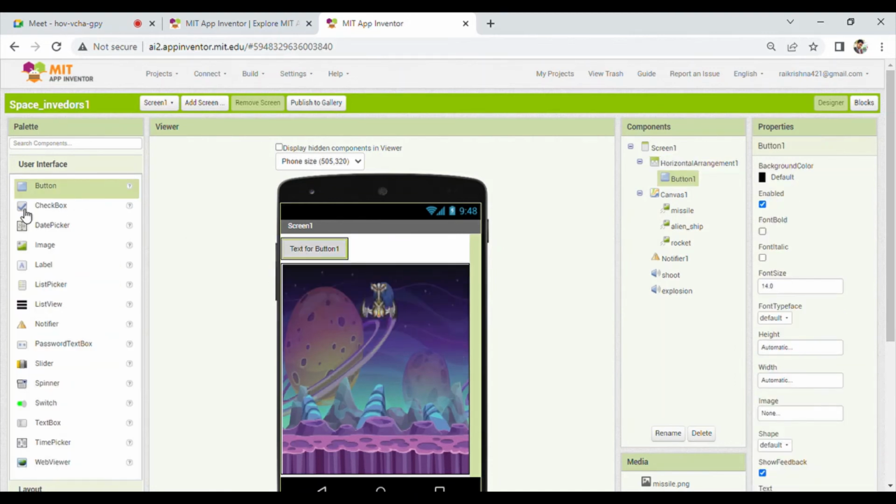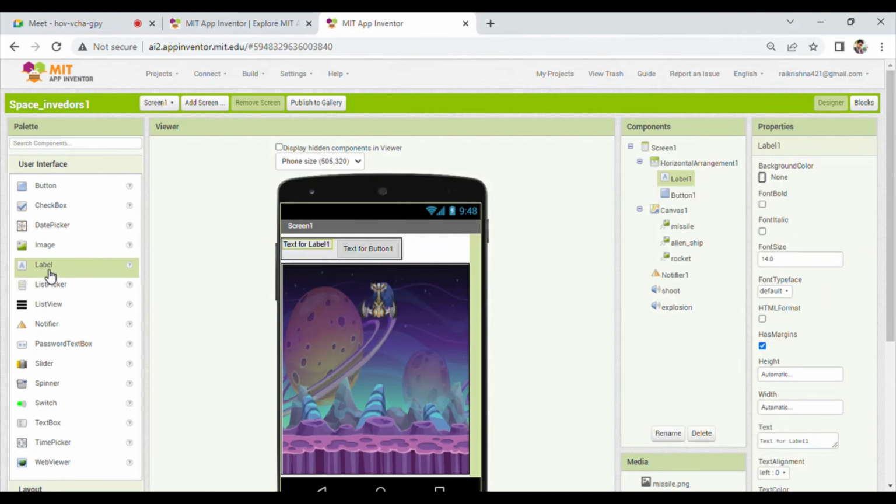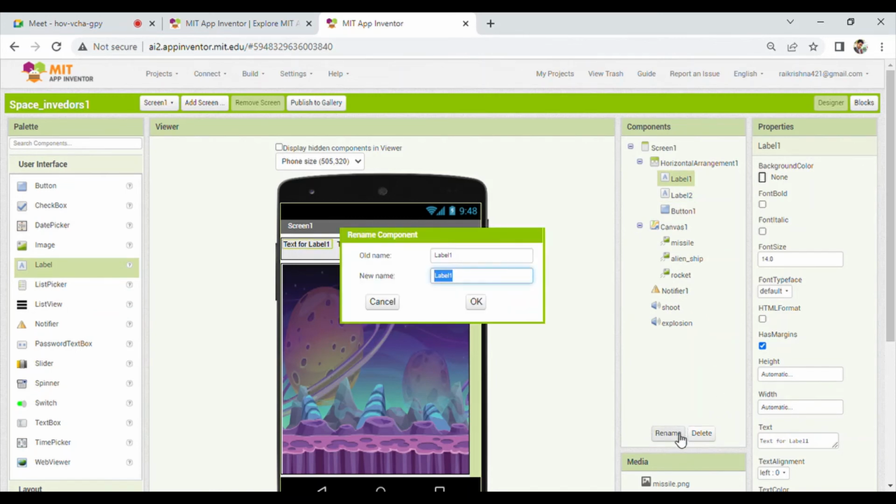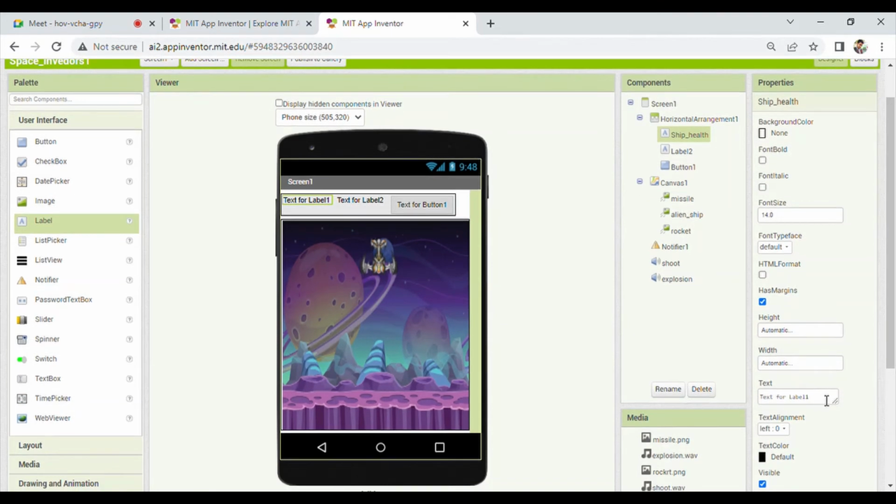Let me take a button. Now we need a few labels, which are for ship health and ship health value. So two labels I have taken. Let's rename this. So what is this? This is for ship health. Okay, now we have to do the changes in text here also. So here what I will write is ship health,